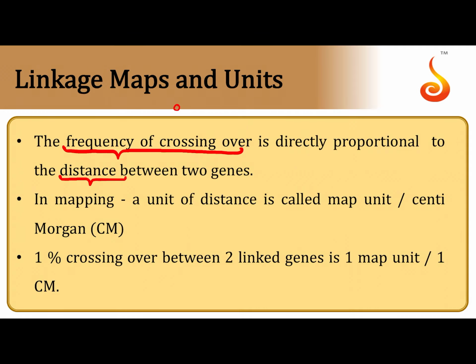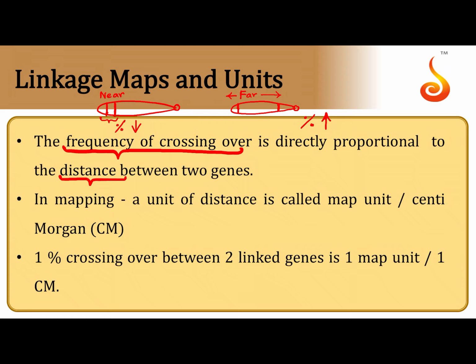So you all must remember that if this is the chromosome and, for example, two genes are very close to each other, then the percentage of recombination will be very less. And if there are two genes on the same chromosome that are present very far away from each other, so here they are near to each other, they are closer to each other. In this case, they are far away from each other. And when two genes are far away from each other, the percentage of recombination in the F2 generation of a cross will be comparatively higher than in the first case.